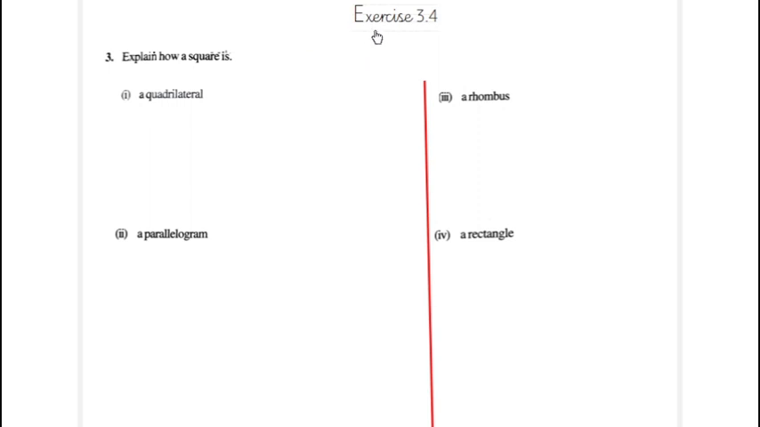So in today's class we will discuss second part of exercise 3.4, that is question number 3 to question number